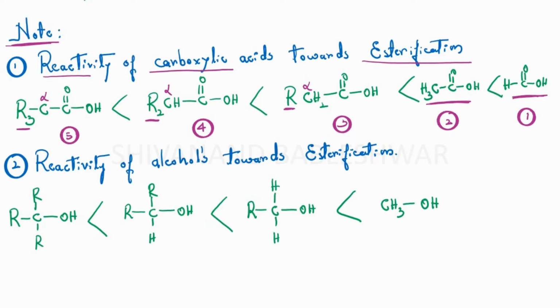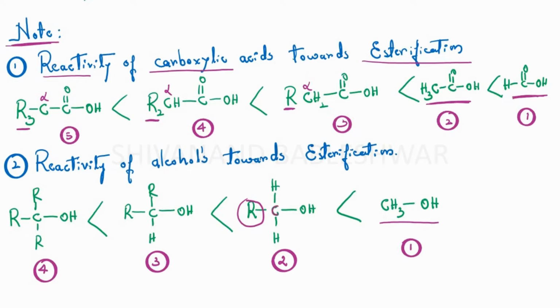alkyl groups. So with increase in the alkyl groups, steric hindrance increases, and because of this steric hindrance, the reactivity of the carboxylic acid towards esterification goes on decreasing. And the same thing is true even for alcohols also. Let me write this as 1, this as 2, this as 3, and here we are having the fourth one. So methyl alcohol is very much reactive towards esterification,